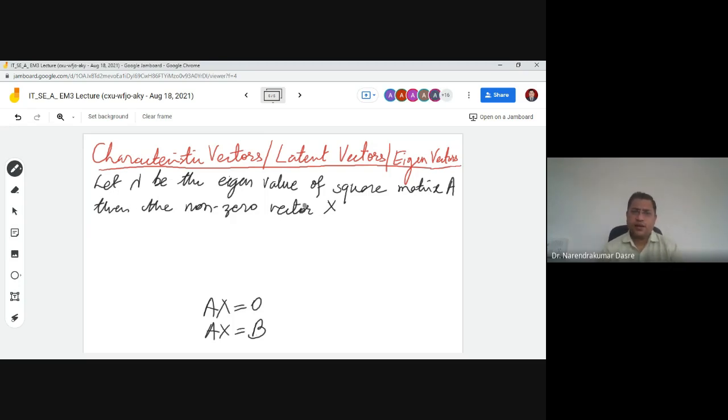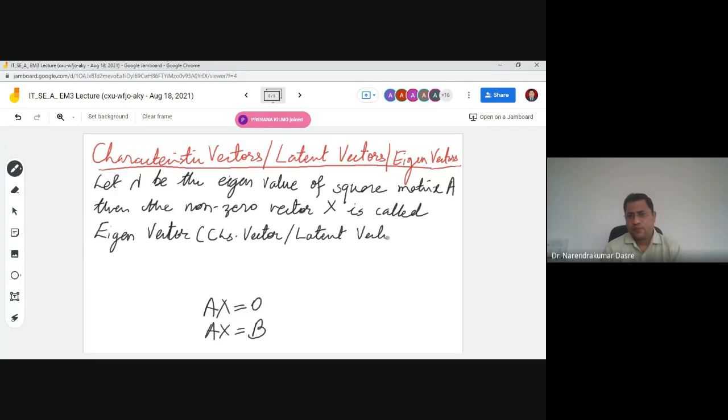Okay, so let lambda be the eigenvalue of a square matrix A. Then the non-zero vector x is called the eigenvector, or this is also called the characteristic vector, or this is also called the latent vector, of A